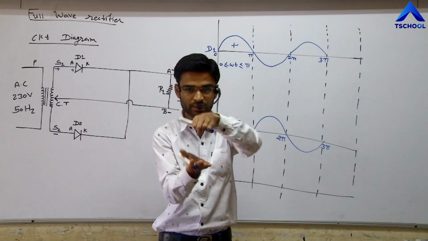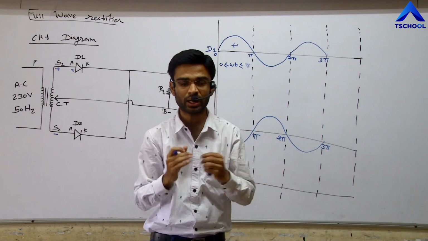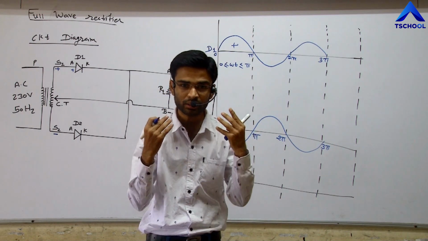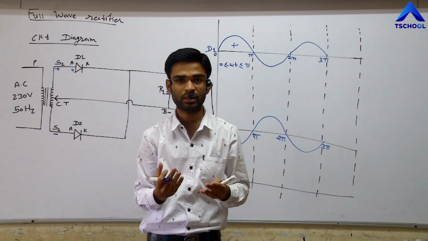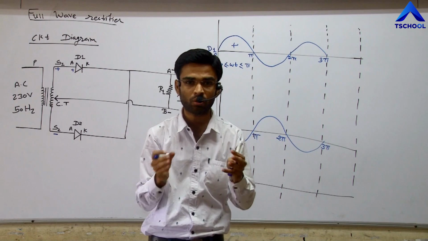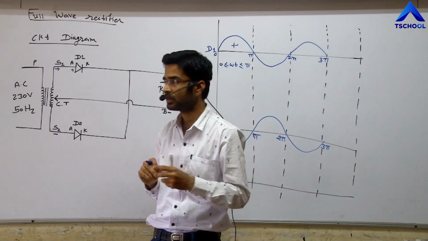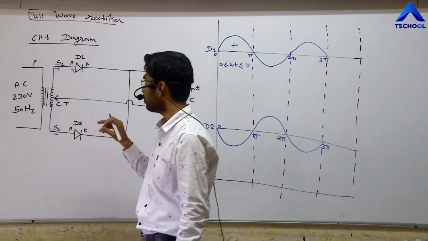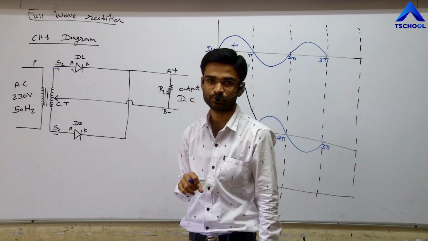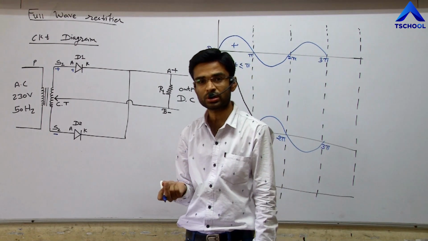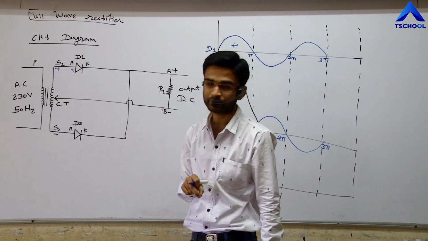The width and the height are decreasing. When the width and the height of the depletion layer and potential barrier decrease, the obstacle is decreasing, and a larger number of electrons and holes diffuse from N to P and P to N. That is the reason more current flows, because the diffusion process is very speedy.